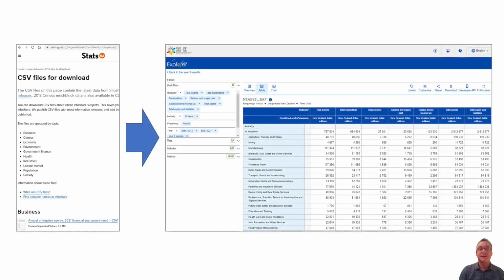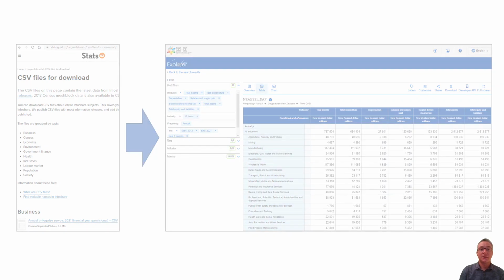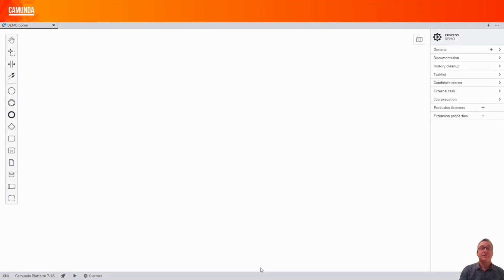As a use case for the demo, a simple process will be implemented to collect a CSV file from Statistics New Zealand and perform some basic processing and dissemination tasks. Workflow management will rely on Camunda platform, data modeling on Fusion metadata registry, and statistical dissemination on the .stat suite. I'll provide more details about software used in the demo later. Let's start by making a first sketch of the process using Camunda Modeler.